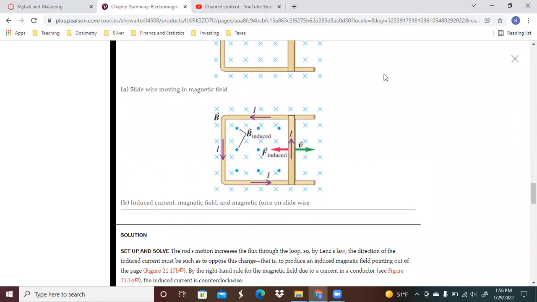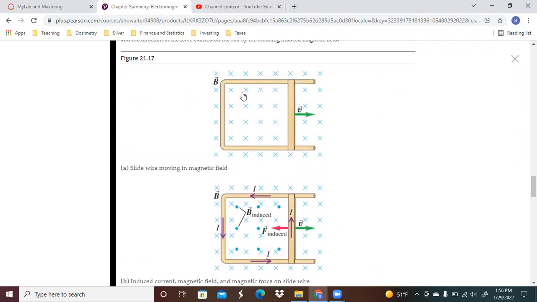So we've got a slide wire moving this way. If we look at this using the right hand rule, if we take V cross B, if we take our right hand, V is going to be pointed in the direction of the thumb. B is going to be pointed in the direction of the magnetic field, which is going to be into the page. Our palm is going to point in the direction in which the current